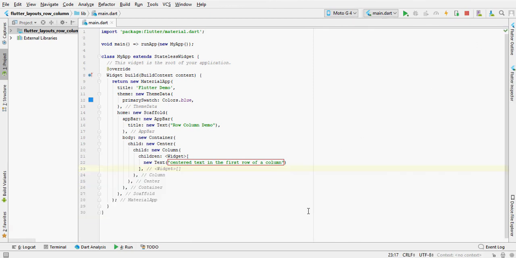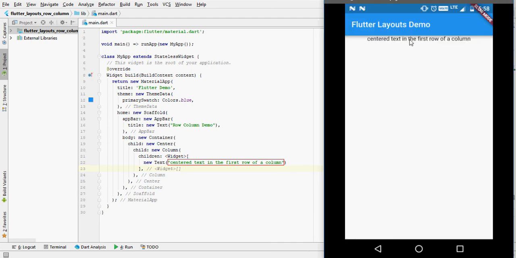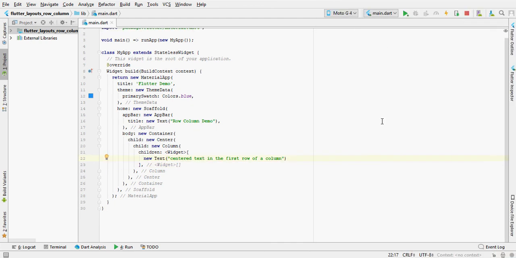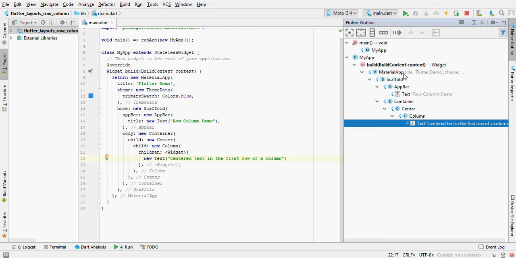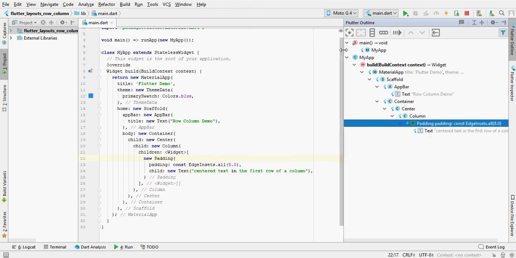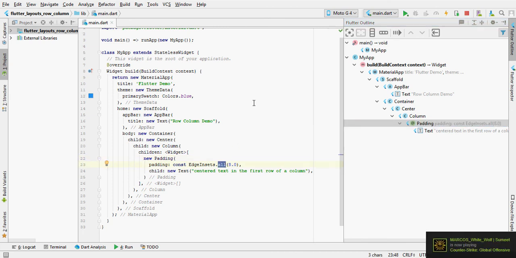But as you can see, the text is stuck to the app bar. So let's go ahead and give some padding to the text. Doing this is pretty simple. Click on Flutter outline, which is present in the right bar. As you can see, we have a container under which we have a center widget, under which we have a column, under which we have a text. Select the text and click on the padding button, which is present on the top. Now this will surround your text widget with the padding widget and give it a padding of 8 on all